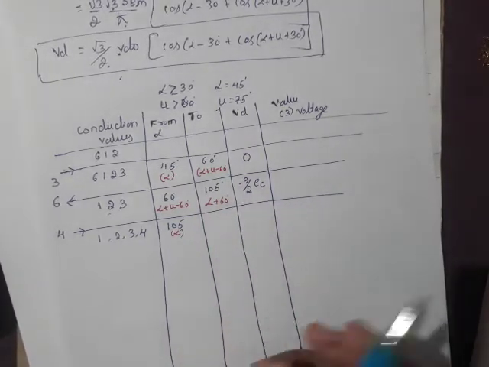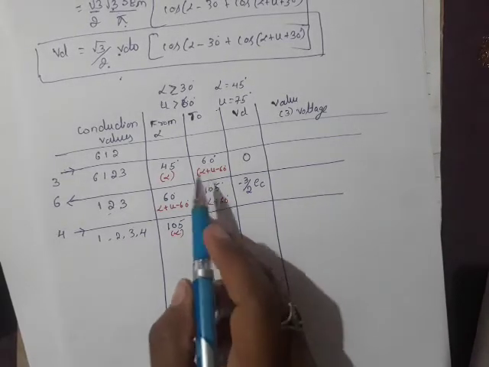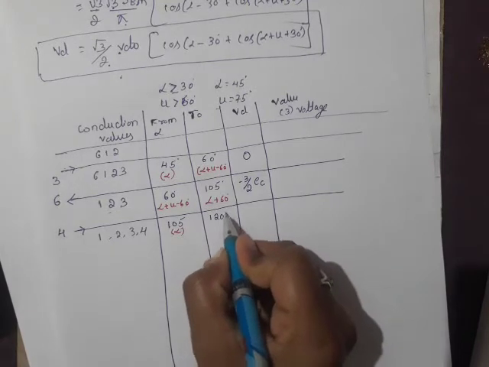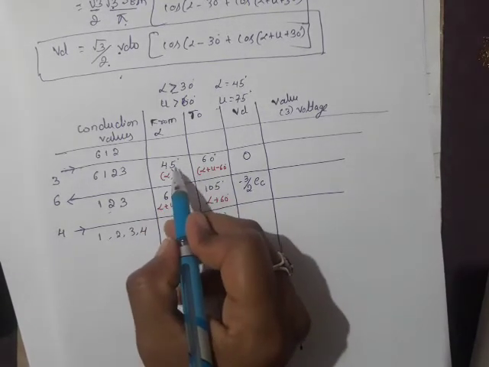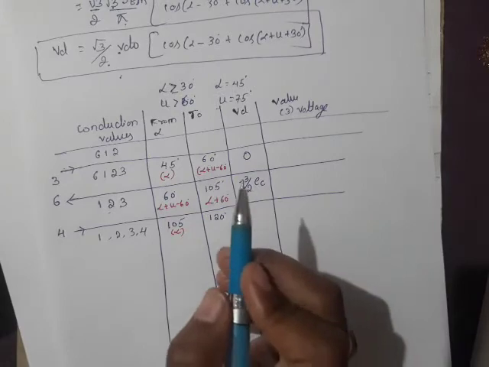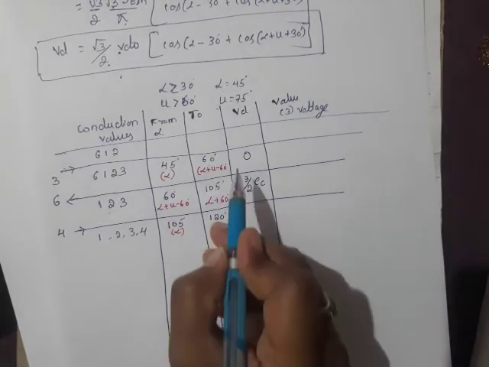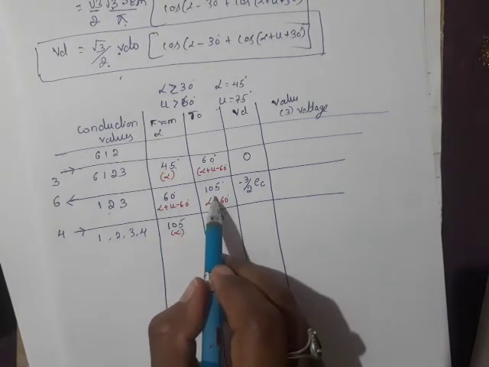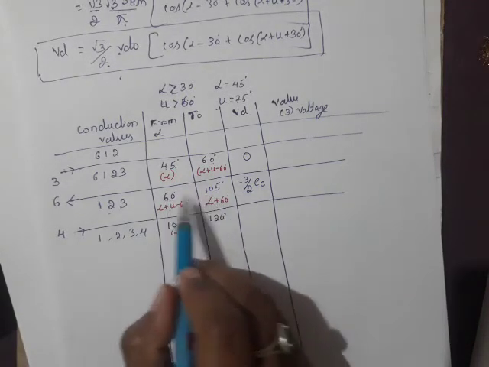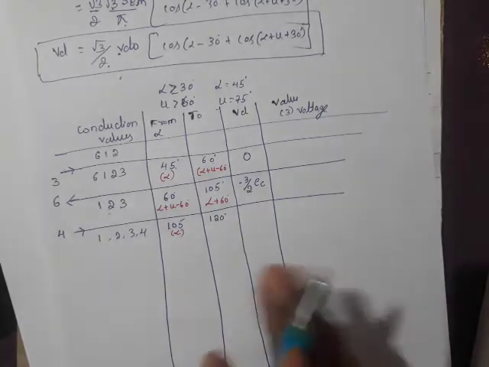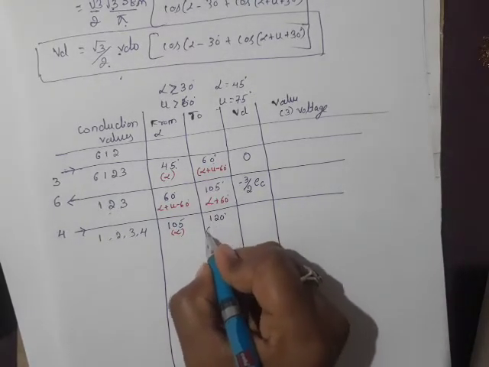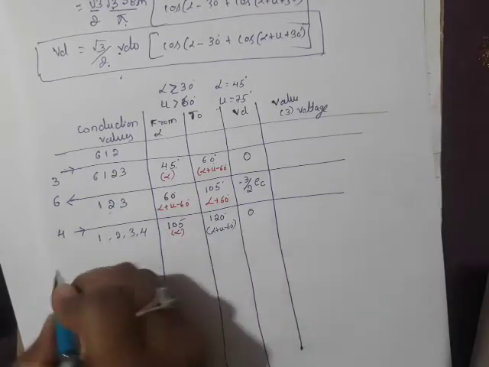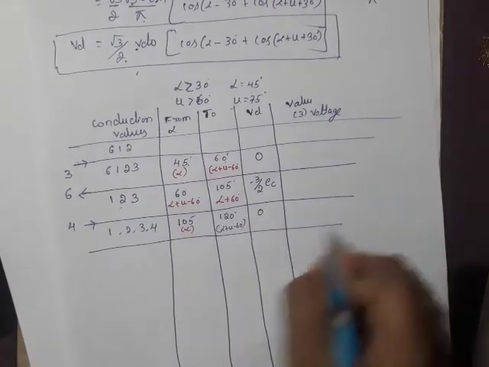So do the calculation yourself. I'll directly write alpha plus u minus 60 degree. If you do this, you will get 120 degree. Means you just need to add 15 degree. See, from 45 to 60 it is 15 degree. Actually we have to do it like this, but I am telling you the shortcut. Plus 15 degree. Here how much have we added? 45 degree plus 45 degree. Okay, so 120 degree. This is alpha plus u minus 60 degree. So what is the output voltage? 0, because it is 4 valve conduction.